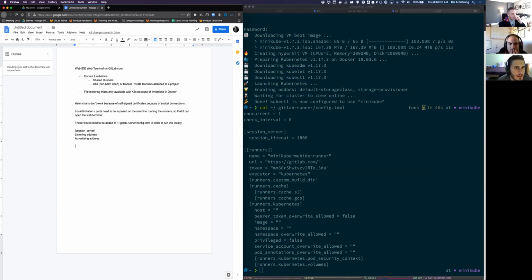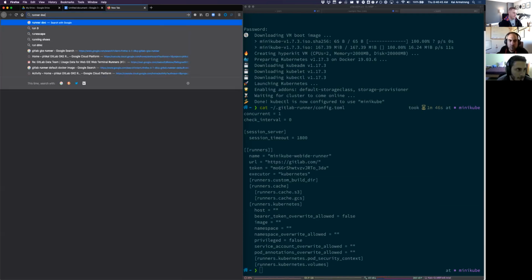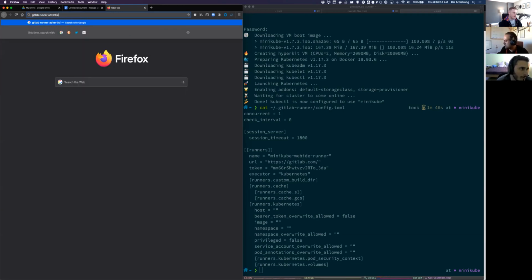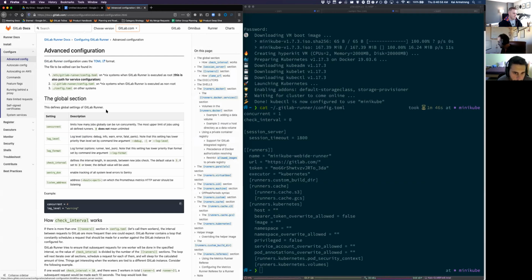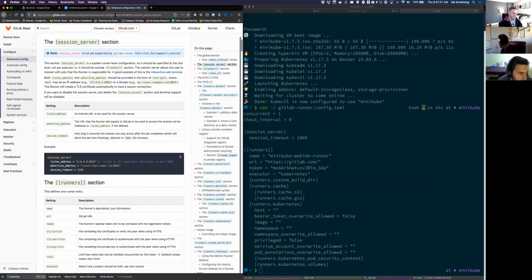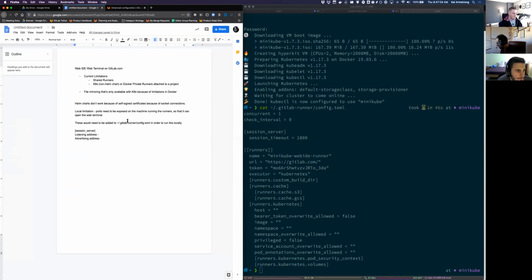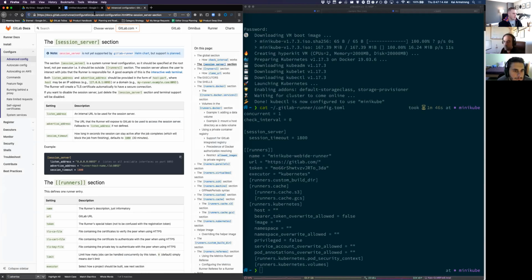Okay. It's documented in the runner docs if you want to get a better understanding of it. So if you go to the runner doc, advertising, go to runner, that one. And if you go to the session server section, that one. Okay. Well, that feels fairly complicated then to do. It is fairly complicated, yes. And so on GitLab.com, then the web terminal,